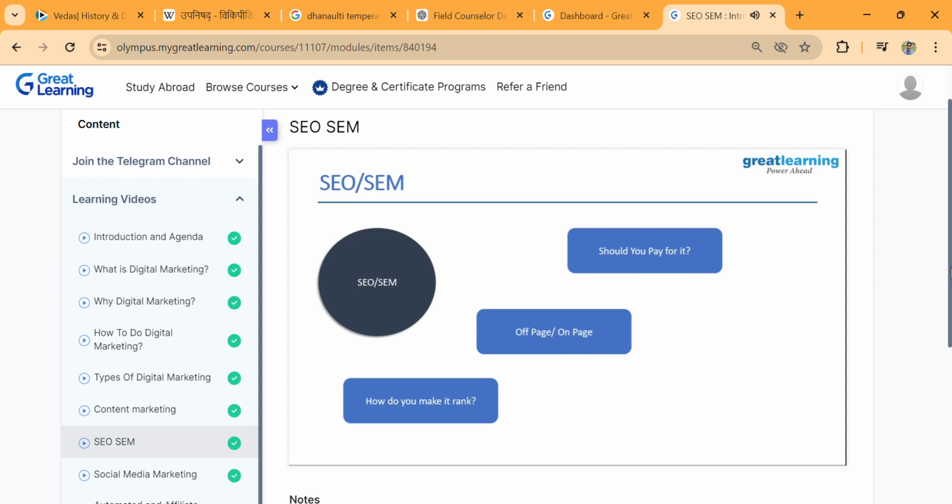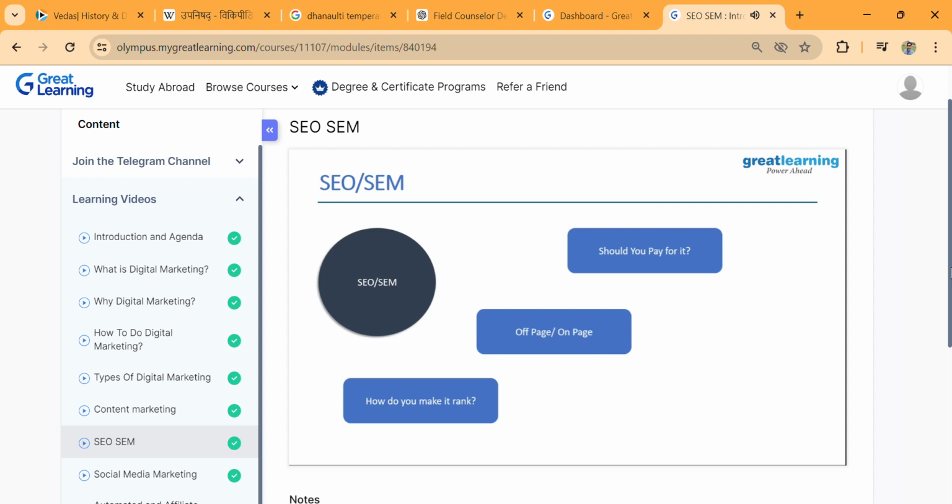Apart from that, there's something called off page. So you are optimizing your content, but apart from that, there could be a possibility that you reach out to people in different forms. One of the ways is backlinking. When you talk about backlinking, this is where we link our content, or basically have multiple links driving traffic to our content. That tells others this content is good, and they would come to our page where they can take a look at our content. We'll talk about it as we move further.